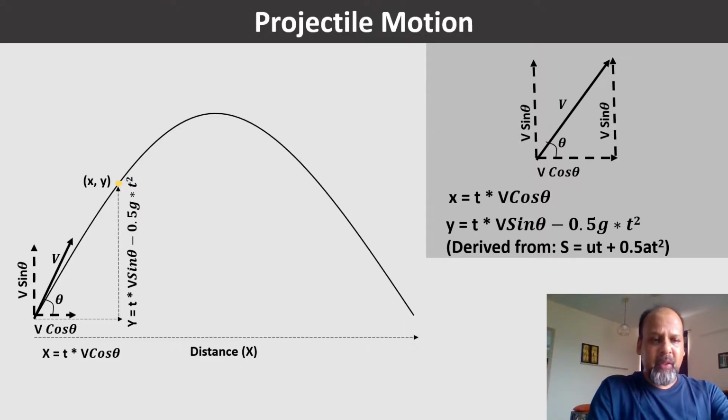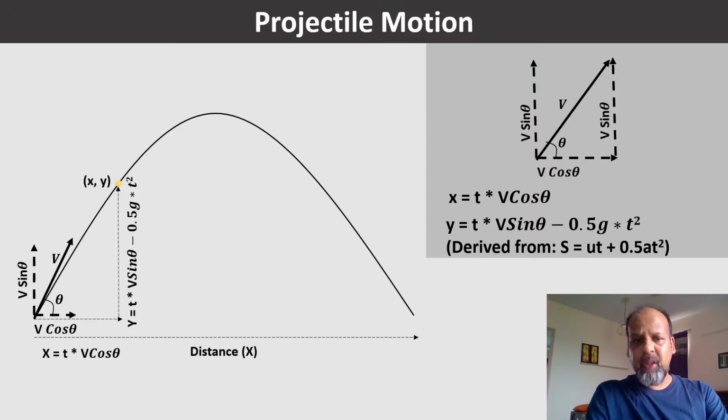Okay, so coming back to this topic, let's say this is the object launched with a velocity v, with an angle theta with the horizontal, right? And you can see v would have two components, one horizontal component v cos theta, and a vertical component v sin theta. The horizontal velocity v cos theta, as you can imagine, would not be influenced by gravity because it is moving perpendicular to gravity, right? The influence of gravity is zero in this direction, and since we have considered the air drag to be zero, v cos theta is going to be uniform, right? So it's a uniform motion horizontally.